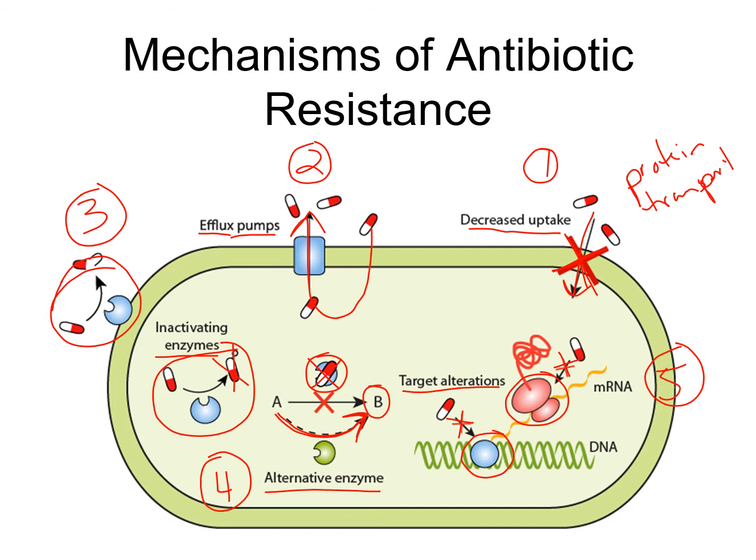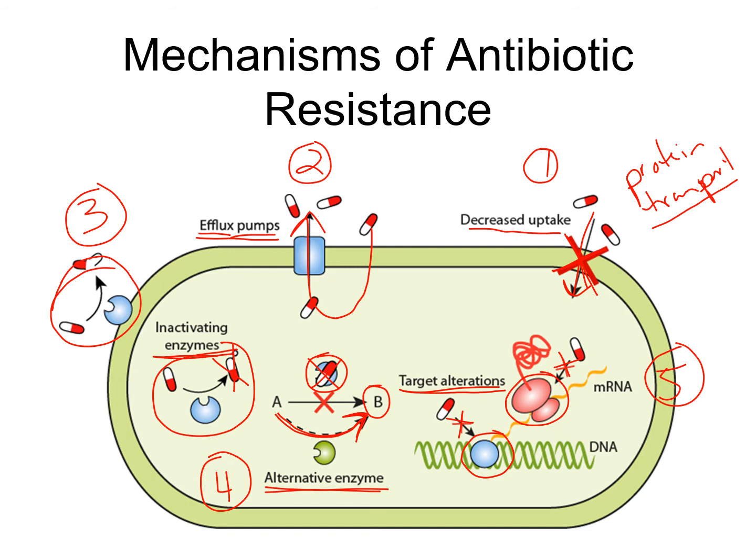So these are the 5 mechanisms of antibiotic resistance. First, altering transport proteins, or producing efflux protein pumps, or producing inactivating enzymes, or using an alternate enzyme, or altering the protein products. Now, one of the things you should notice about all of these mechanisms of antibiotic resistance is